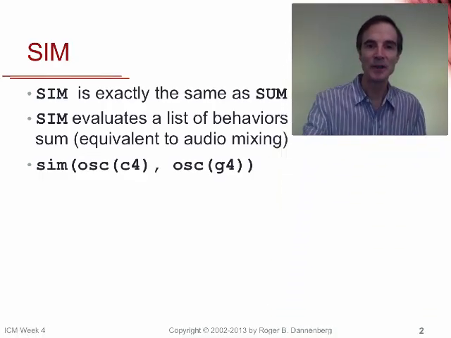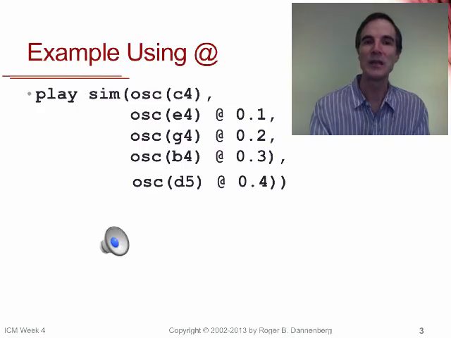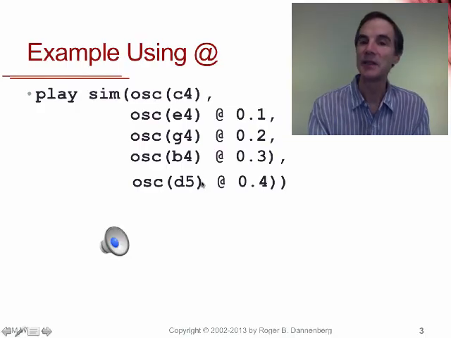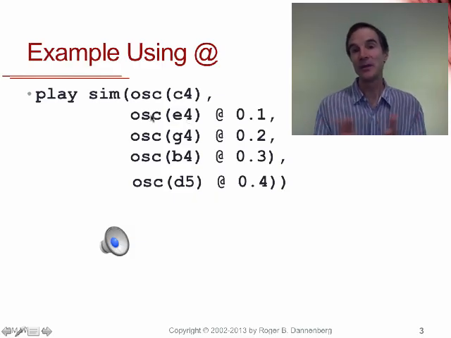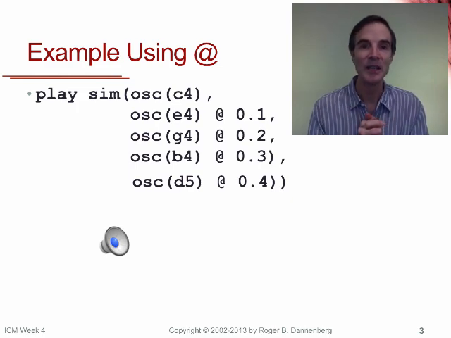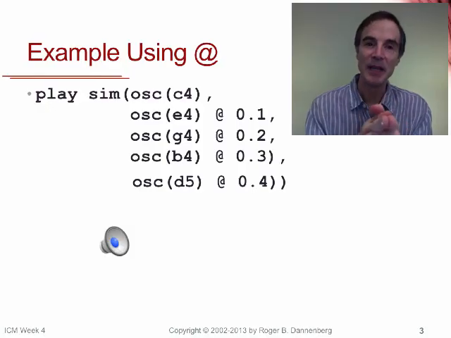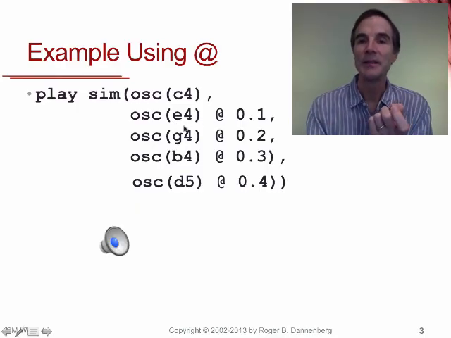The next example shows a little bit of variation and allows us to talk about the semantics a little bit more closely. Here we have sim of a bunch of expressions, but notice that some of these expressions are shifted by 0.1, 0.2, 0.3. So what happens in this case? Well, either these shifts are going to apply or somehow sim is going to make everything simultaneous. Well, in fact, the semantics are that sim evaluates all of these behaviors at the same start time, but of course, some of these behaviors